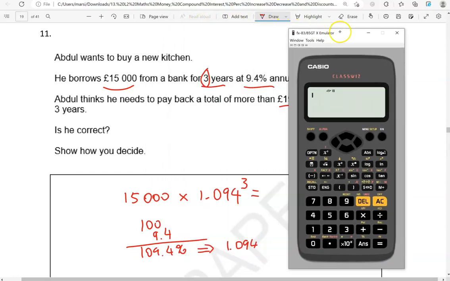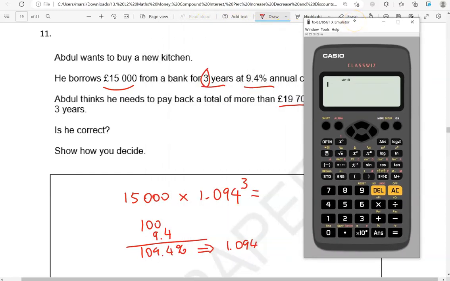I'm going to show you using a scientific calculator. So 15,000 times 1.094 to the power of 3. So that's the button I'm pressing, the X with the square at the top. So you can put in the power, which is 3 in this case. So equals,